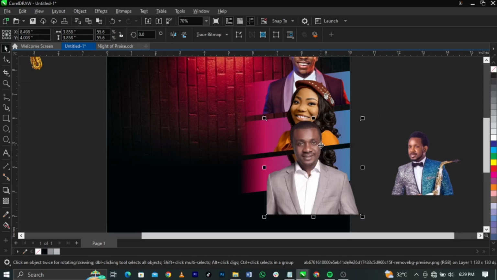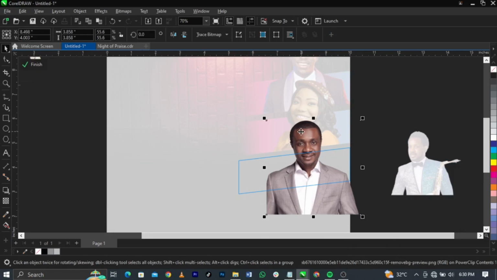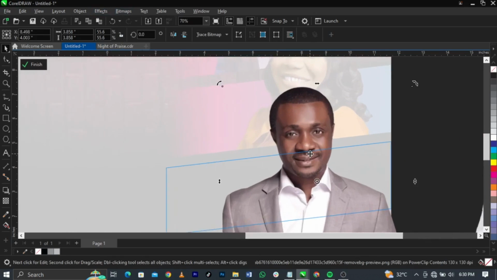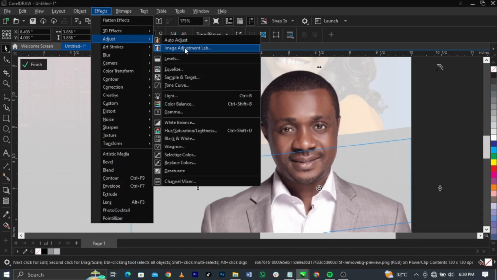Once you scale it up, right click, select power clip, place it in here, take it in, then you can delete Messi Chinwo and copy Nathaniel Balsi. But before you do that, go in and you can enhance this image. You can see, look at it, it's too whitish kind of. So let's give it one dope